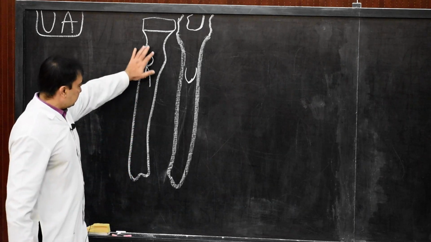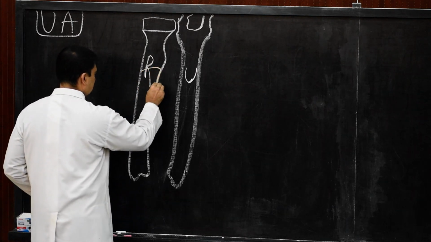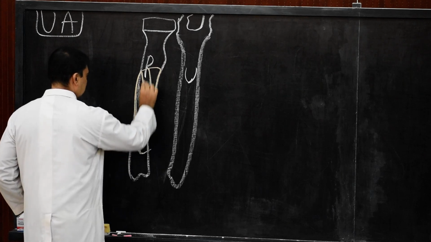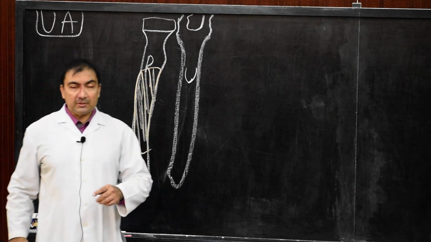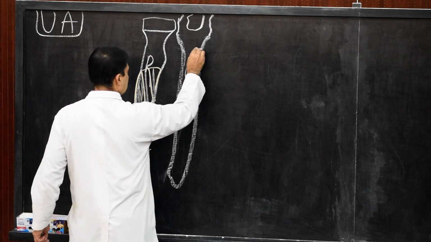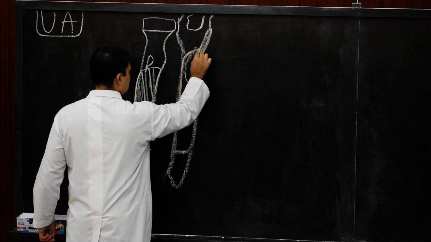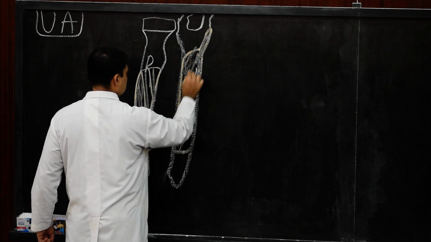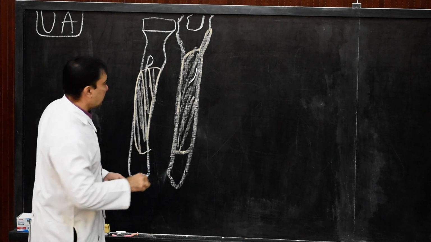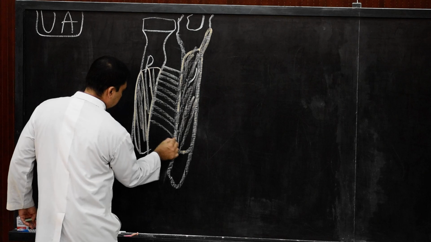The muscle which covers the anterior surface of the radius is flexor pollicis longus. We show how this muscle takes origin from the radius. This is flexor pollicis longus. Another muscle which takes its origin from the anterior and medial surface of the upper 3/4 is flexor digitorum profundus. So here we show the origin of flexor digitorum profundus. Now we complete this diagram with the interosseous membrane fibers.